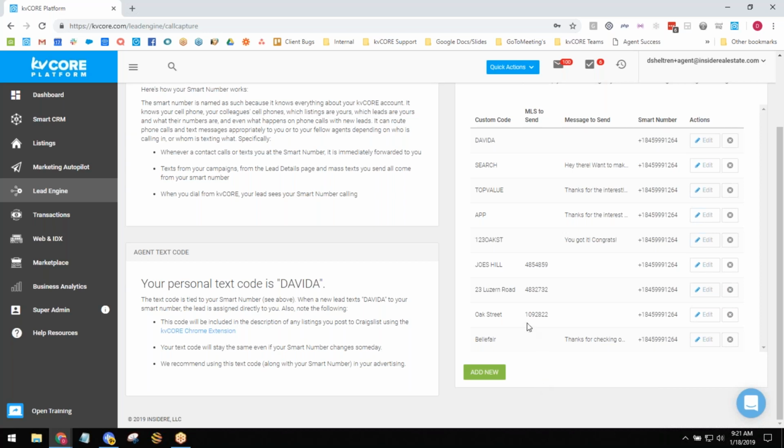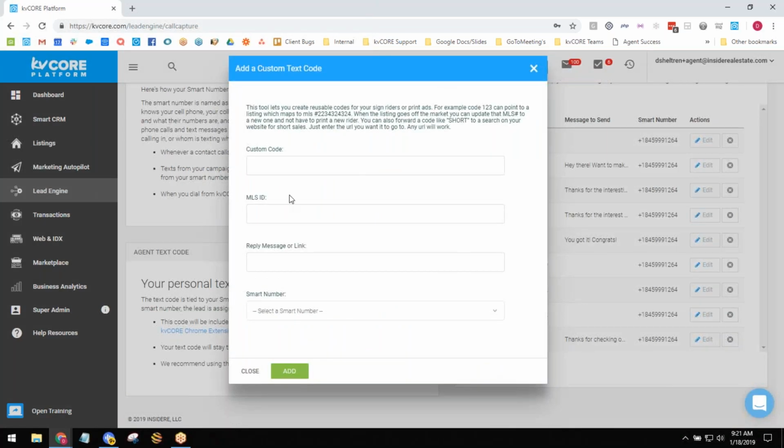And the really added benefit of this is they'll do something short. I spoke to another agent about this, I want to say just a week or two ago, and they don't create actual words. He just uses numbers, something easily known like 7575 or 2222. I think it has to be a minimum of 4 characters, so you just can't say text the number 2 to my smart number.